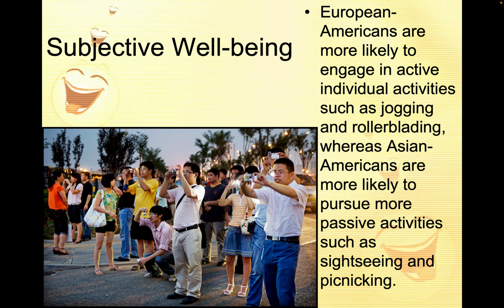European Americans are more likely to engage in active individual activities such as jogging and rollerblading, whereas Asian Americans are more likely to pursue more passive activities such as sightseeing and picnicking. And if you've ever been around tourists and there were Asian tourists, they want to take pictures. They don't want to walk. They don't want to exercise at all. They just want to take pictures. They want to ride in a car and stop and then take pictures and then get back in the vehicle and go to the next site. And of course, European Americans are more likely to want to walk between places. Anyway,